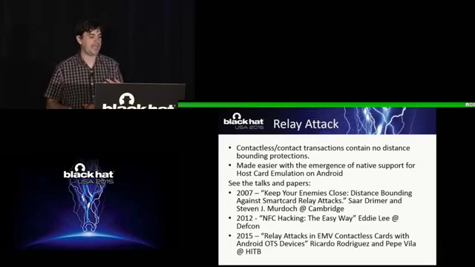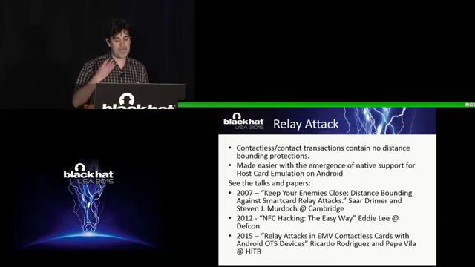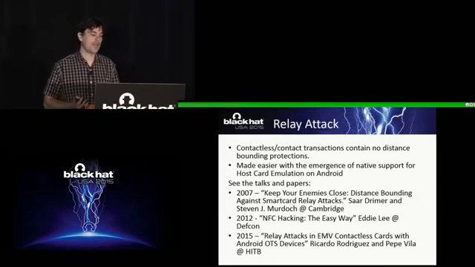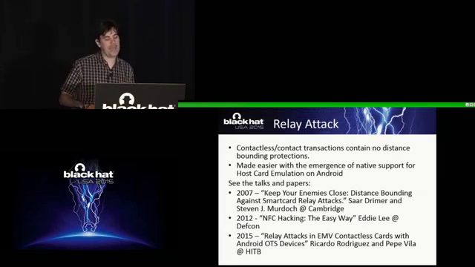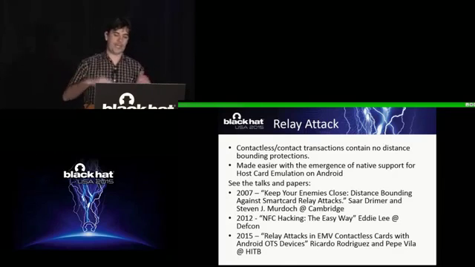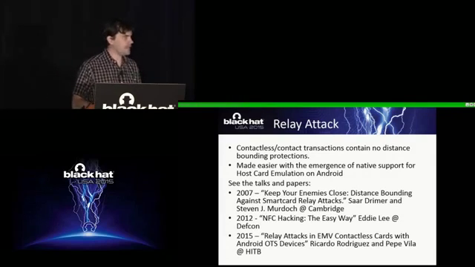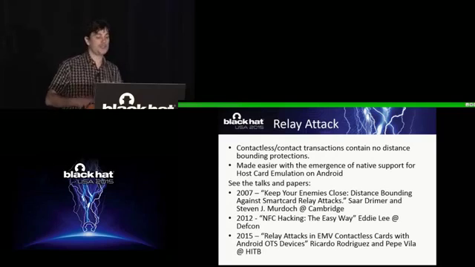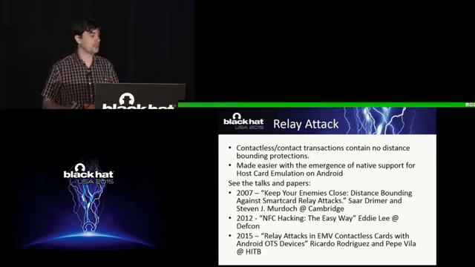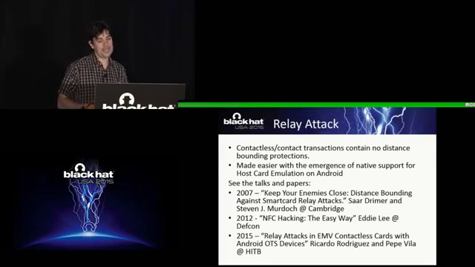The second form of attack is a relay attack. In an EMV system, you don't have any bounding properties. So someone can read your card and have the transaction go across continents to another terminal. These were talked about in 2007 and 2012, and there's a newer talk in 2015 on how to do relay